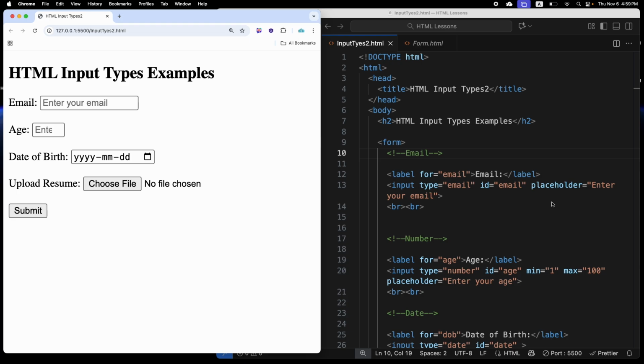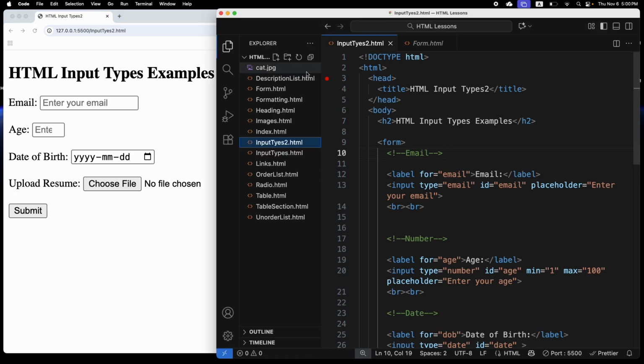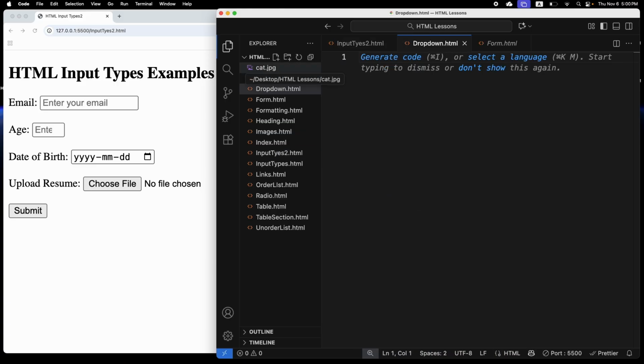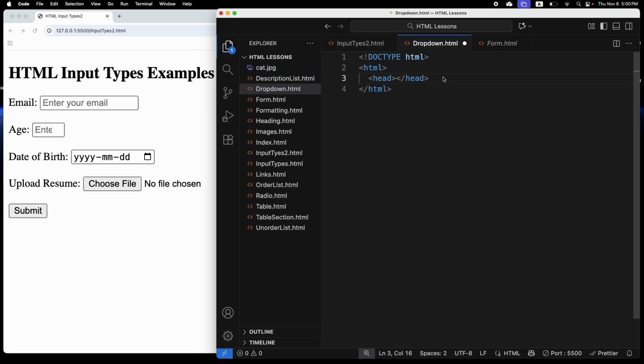So let's start coding. First of all, let's create a file for this lesson. I'm gonna name it drop-down.html. Enter. So let's create the general HTML structure. Inside the HTML tag, we have two more tags, a head tag and also a body tag. Inside the head tag, we are going to set a title